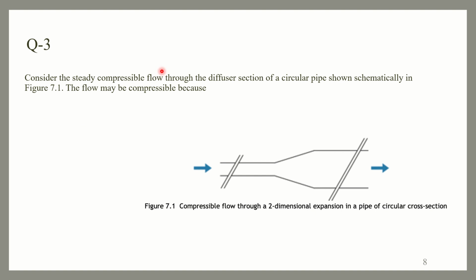Consider the steady compressible flow through the diffuser section of the circular pipe shown schematically in figure 7.1. So here the flow is through the diffuser section of the circular pipe. The flow may be compressible because